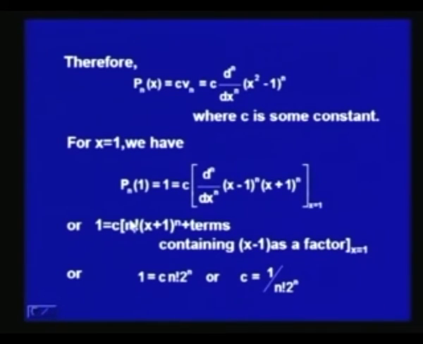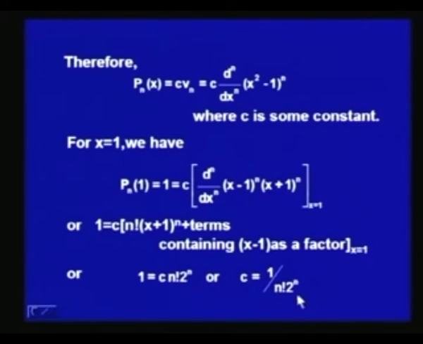Therefore, when we evaluate the term inside the bracket at x equal to 1, it will turn out that its value is n factorial into 2^n, and thus we shall have 1 equal to c into n factorial into 2^n, giving us the value of the constant c as